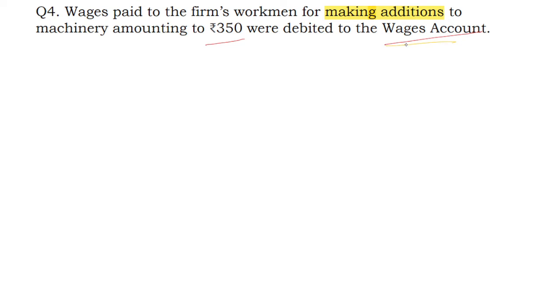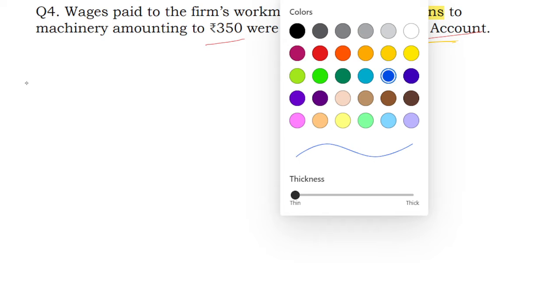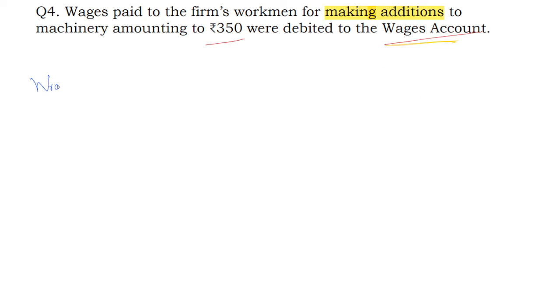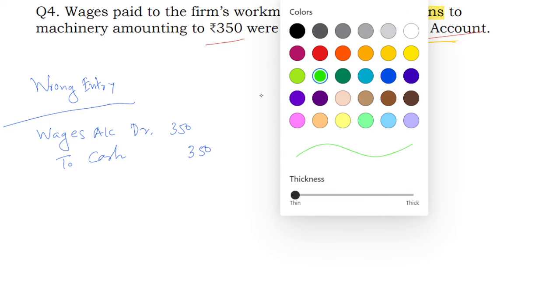But in this case, what happened? It is wrongly posted in the wages account. So first we'll see what the wrong entry is. What wrong entry is made? The wrong entry is like this: wages account debit 350 to cash 350. But the correct entry actually should be